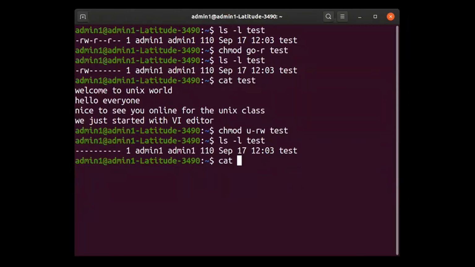Watch out now. I am the owner who created this file test, and now I will make an attempt to read the contents of the file. And then the OS gives you a beautiful love letter line called permission denied. So that's the type of role that Unix plays. I told you earlier that Unix always treats every person working with it as the most intelligent person in this world who knows exactly what you are doing.